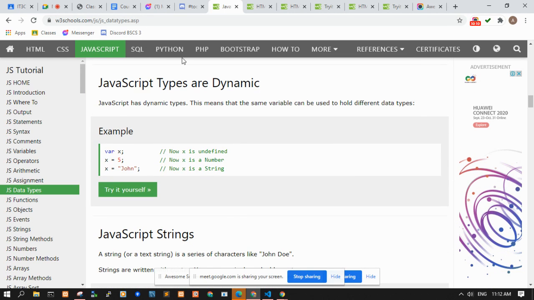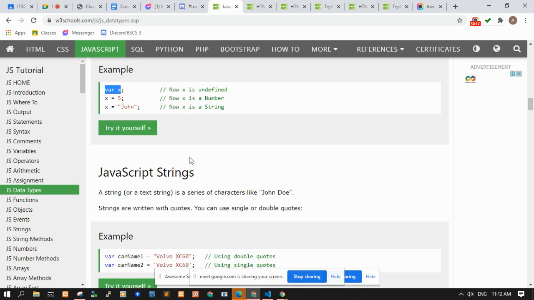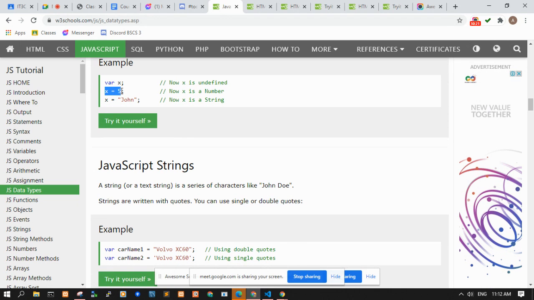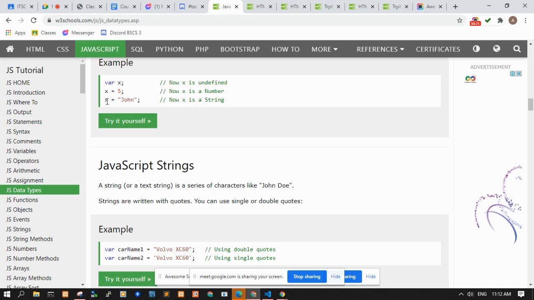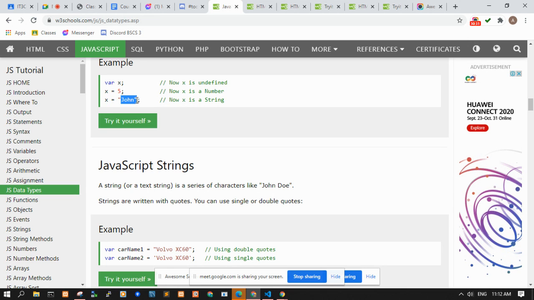JavaScript types are dynamic. In this example, you declare variable x, which is undefined, and then you can assign a number to x. Now x becomes a number, and afterwards you can assign a string to x, which makes the variable a string.